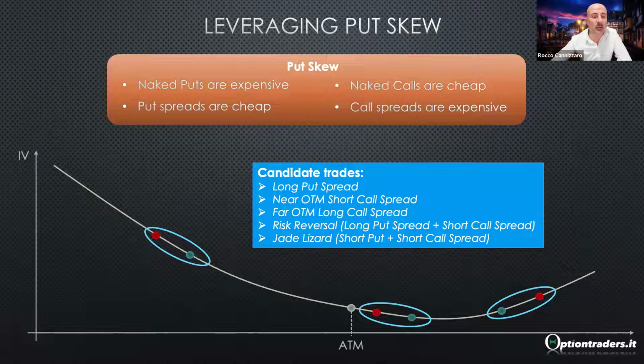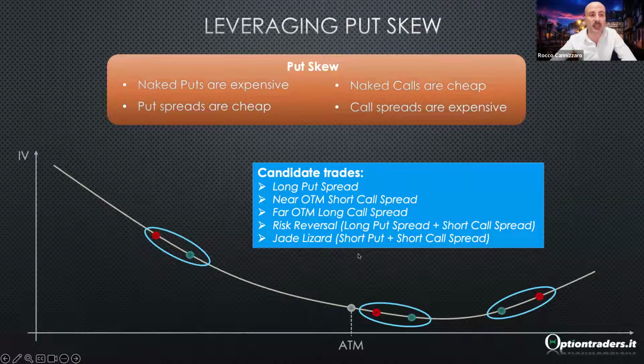I'll show you this one in a moment on the platform, where we are buying a put spread, thinking that the underlying is going to go down, and we are financing that cost by selling a call spread. Typically, the credit that I will be able to collect from the call spread is more than enough to cover the entire cost of buying the put spread on the other side, even if you place the two at the same distance. There's also another trade called the Jade Lizard, which basically leverages the fact that